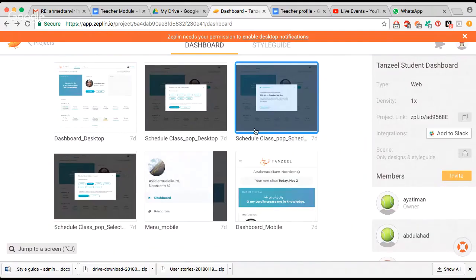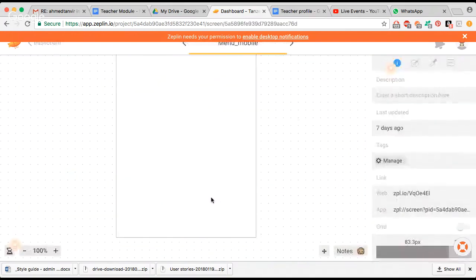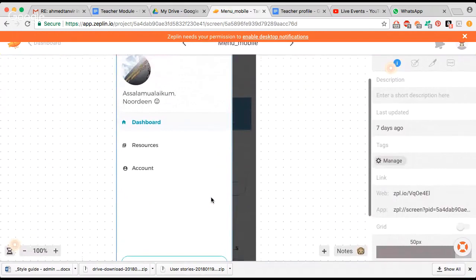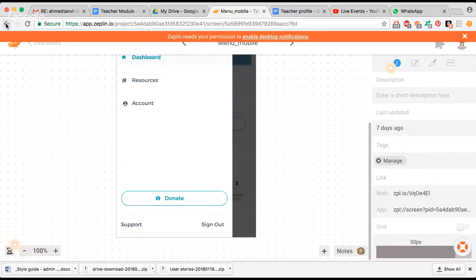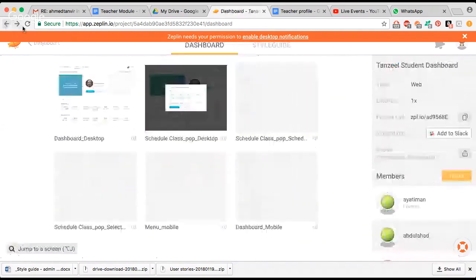So essentially, one, two, three. These three screens you can say are done, and then this one is the mobile menu, right? It is done, but